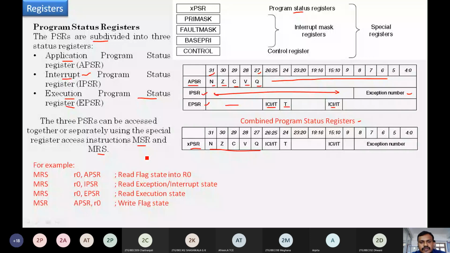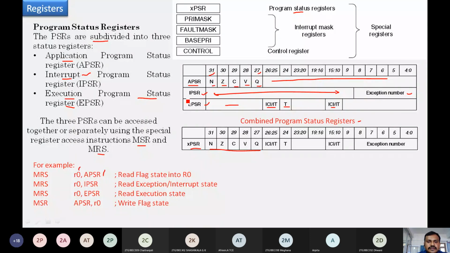For example, register labels or names are also available for programming purposes. If I want the XPSR separately in the name of APSR, I can use APSR. The bit values of XPSR from 27 to 31 are copied into R0. The instruction MRS reads the flag contents of XPSR into the register R0.